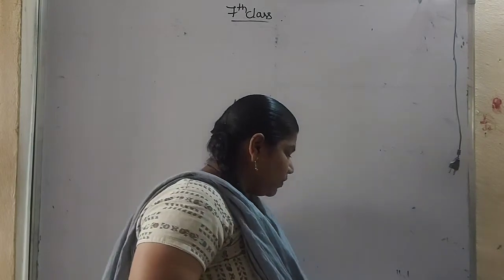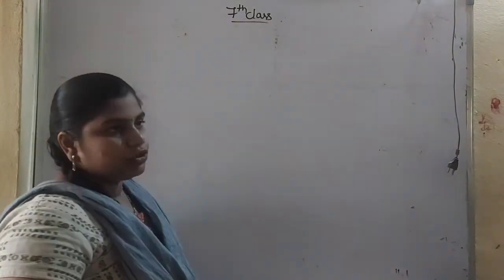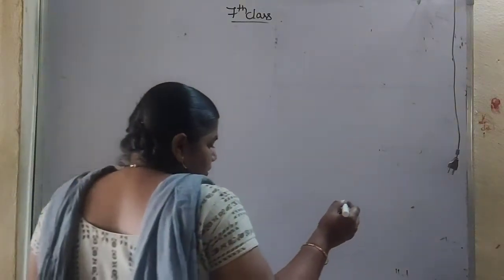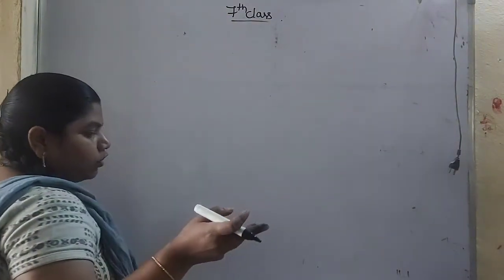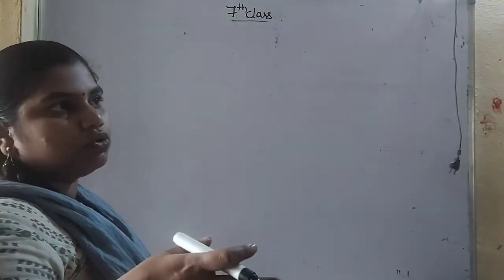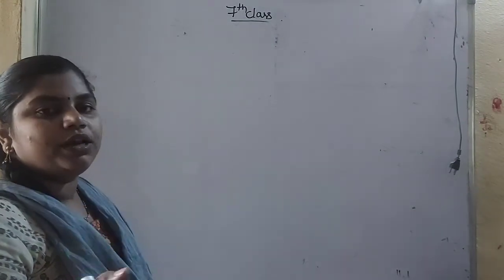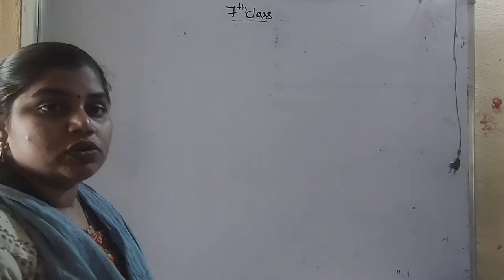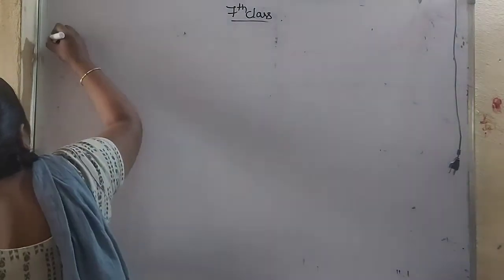So here the diagonals are perpendicular. They told us that the diagonals are perpendicular, then the quadrilateral need not be a rhombus. It need not only be a rhombus. It can be any type of figure. So you can take it as a kite also. Okay, so here is the ninth solution.